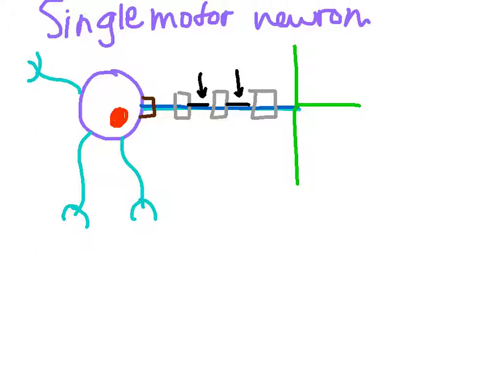And then at the end of the terminal branches, we have vesicle sacs. So, as the electrical impulses travel down the axon and they come to the end, to the terminal endings, this stimulates the vesicles to release neurotransmitters into the synaptic gaps, which are these gaps at the end of the vesicle sacs that mark the complete end of the neuron,